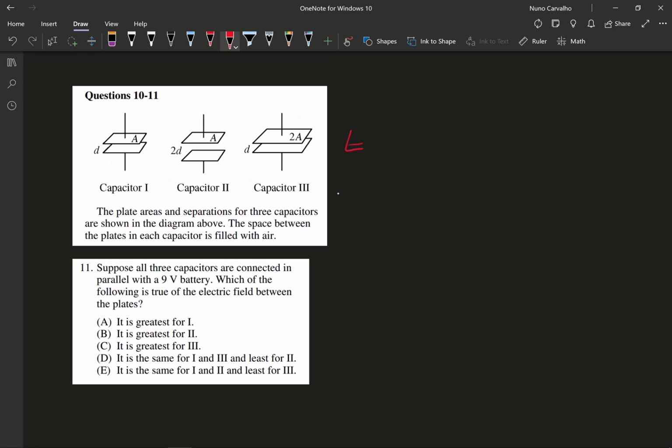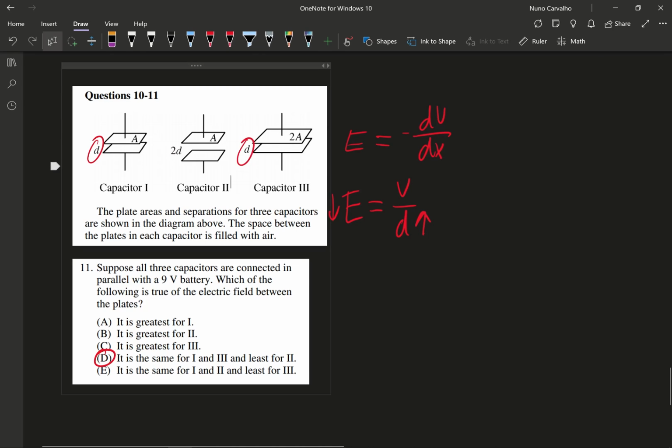So how are we going to connect the electric field of this? Well, it's actually pretty simple. We can just use this formula here from our formula sheet. And because capacitors have constant electric fields inside of them, we can just simplify this to be something that maybe just looks like this right here. And we just care really about the electric field magnitude here. So whatever has the biggest distance here will have the smallest electric field, which is to say, looking at this, it already seems like we can say 2 is going to have the least amount of electric field because it has the biggest distance. But also we can confirm that 1 and 3 will have the same electric field magnitude because their distances are